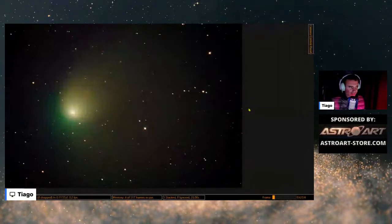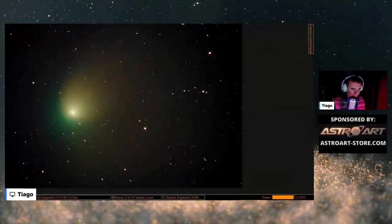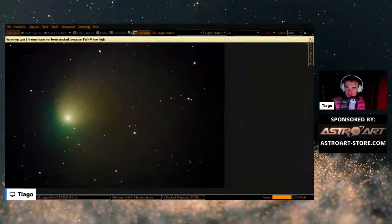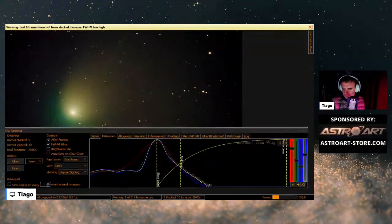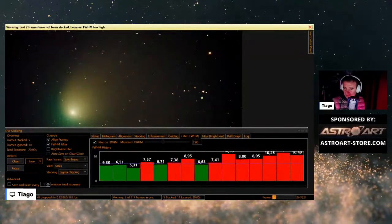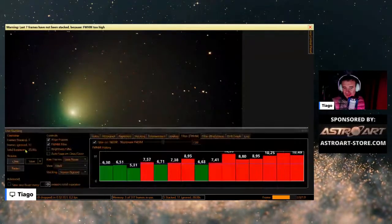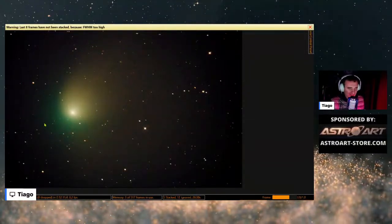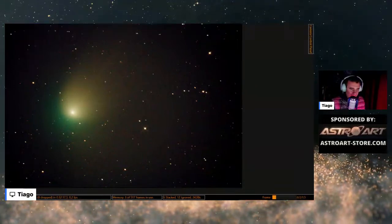The Green Comet. This is the wind. It's failing frames. Let me check. This is the wind from the north. Look at this. And I tightened very well the springs of the telescope, very, very well to keep it tight. But...